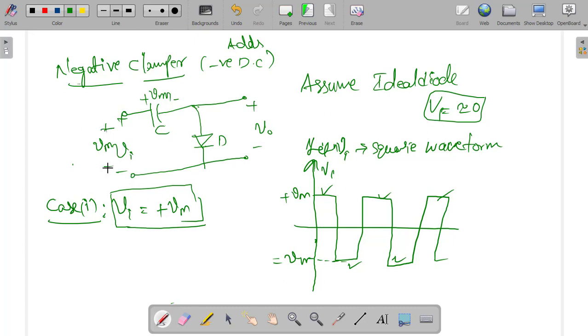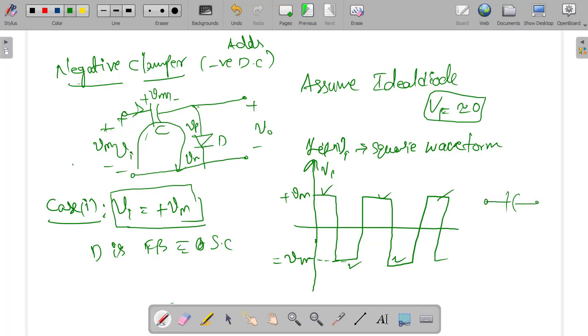The diode will be forward biased whenever the voltage Vp is greater than Vm. If this is positive, obviously your Vp will be greater than Vm. In this condition, your diode is forward biased, which means your diode will act as a short circuit. So when the diode acts like a short circuit, there will be a complete circuit forming like this. So your capacitor starts charging. Whenever the current direction is towards the positive plate, your capacitor will be charging, otherwise it will be discharging.